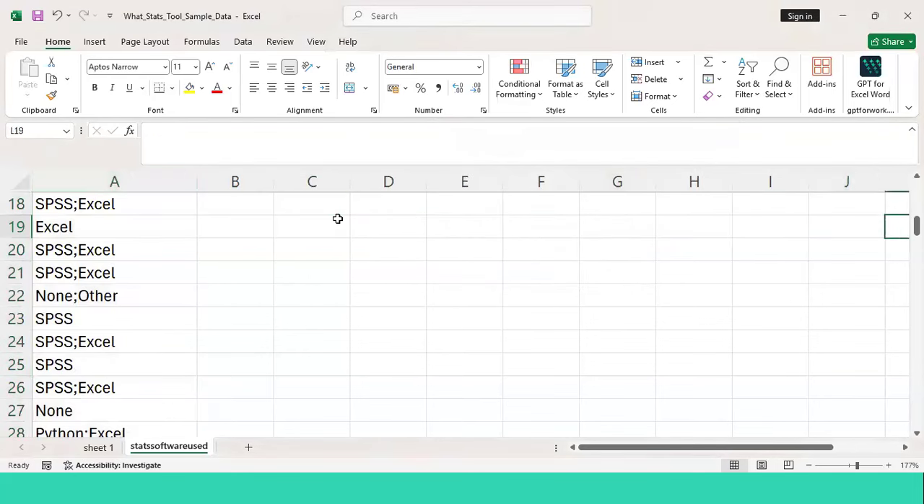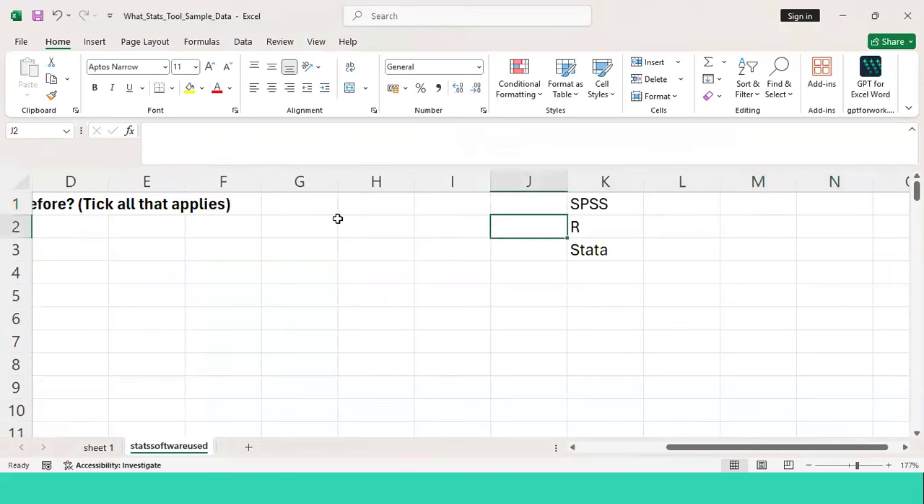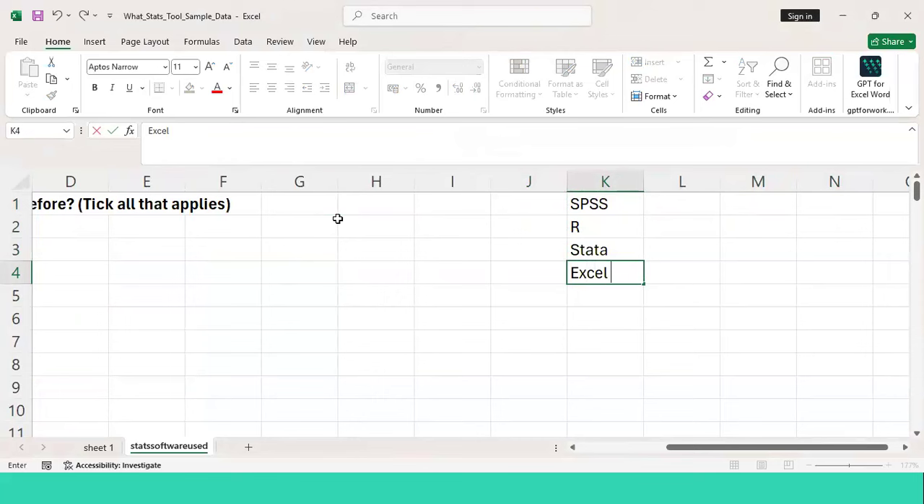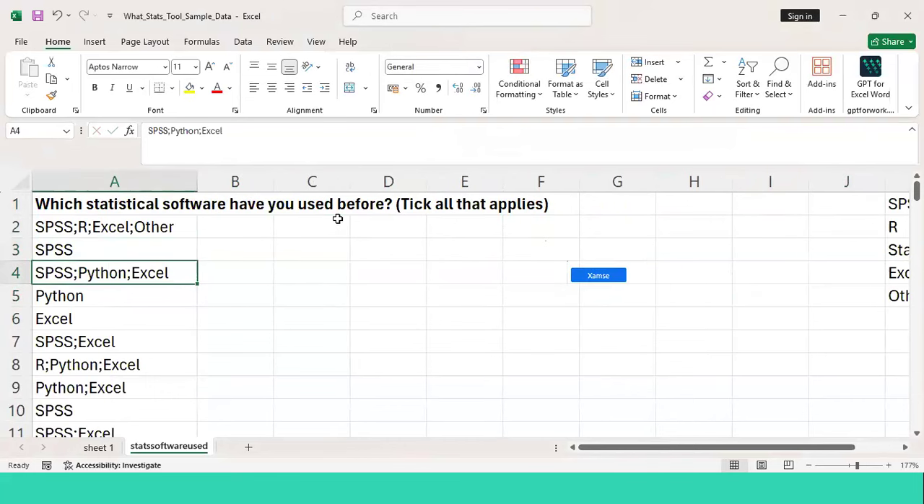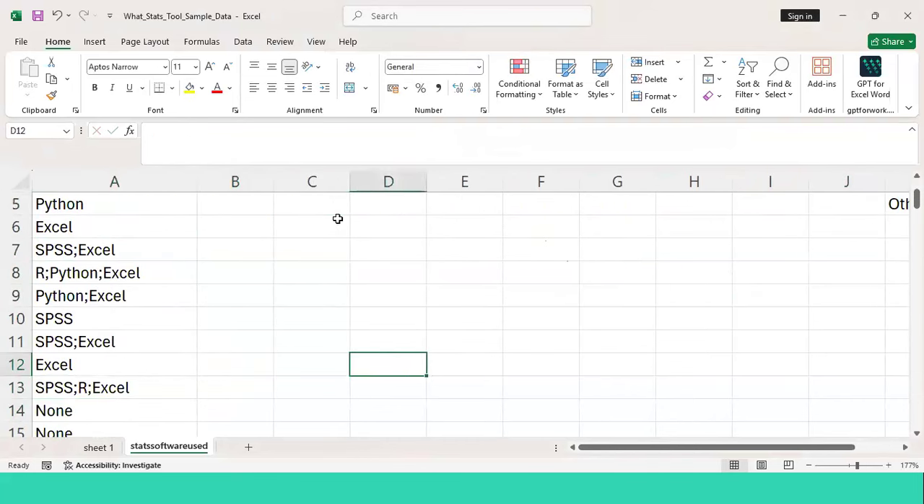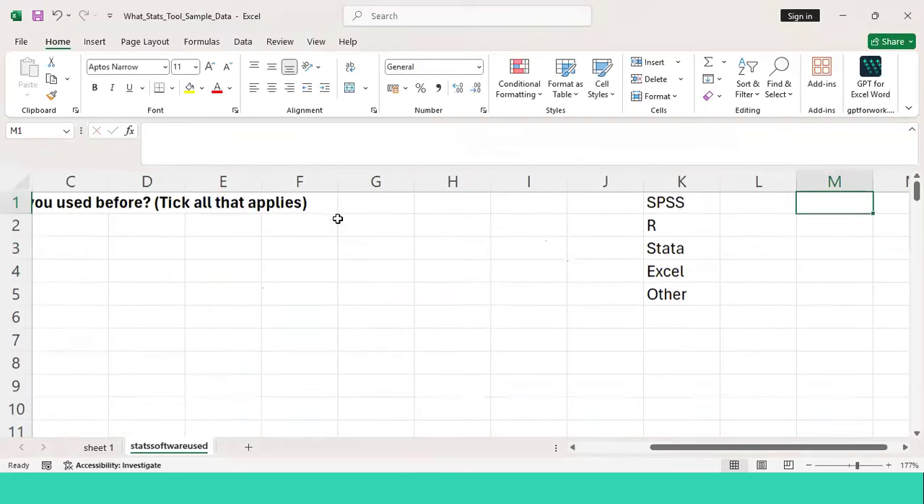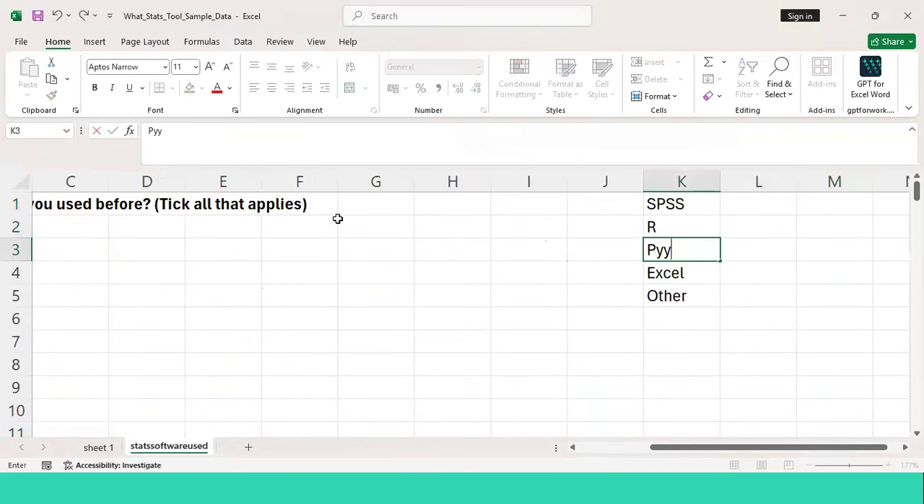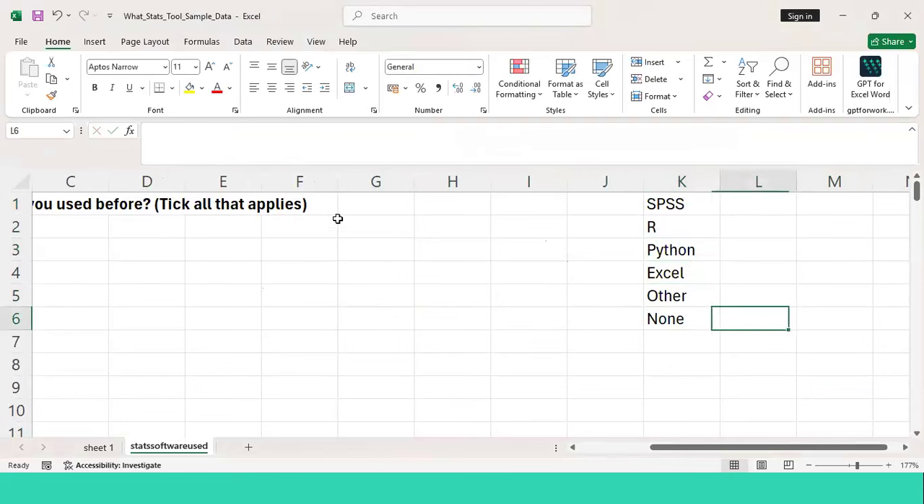Okay. From your Google form, you collected this data. You collected SPSS, R, Python, Excel, and then there were people who indicated other. I don't think we had data here. No, I think we have Python instead. So I'm going to just close out Python, and then you have people who said none. So the first thing you have to do is list out all the possible variables for that question. And when you do that, you copy,